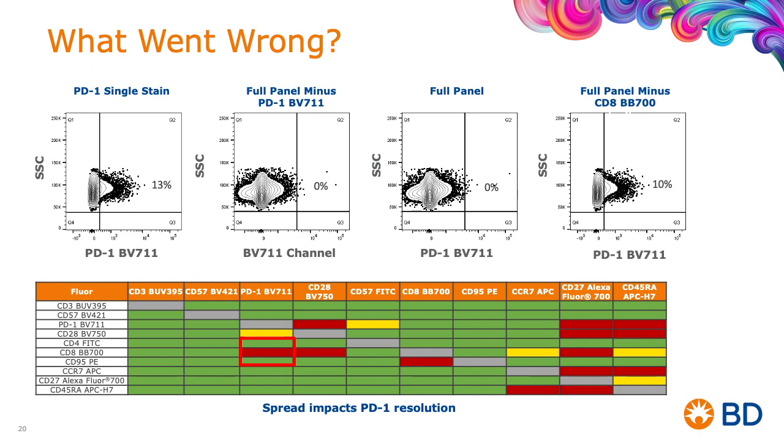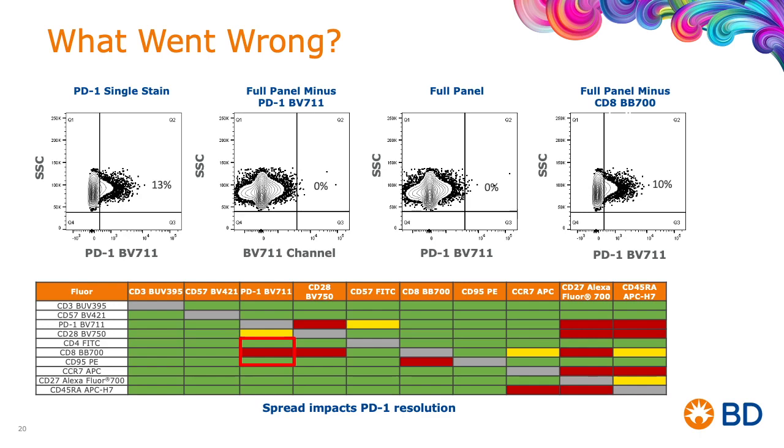So we chose BV711 first, and then we added all the other fluorochromes randomly. We didn't take into consideration that BV700 would have an impact on the resolution of PD-1. And to confirm that, if you now look at the fourth plot on the top, this is the full panel